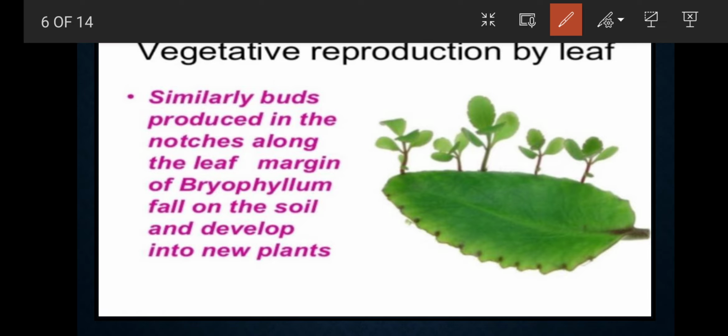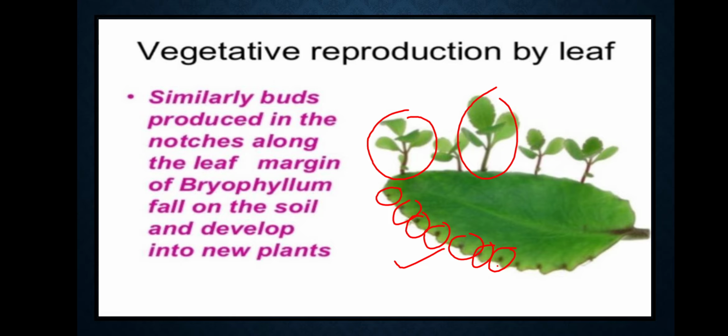As you can see very well, this is a leaf of a bryophyllum. Here on the linings of the leaf, you can see these are the notches where the nodes are present. From these nodes only, the new individual plant arises when this leaf comes in contact with the soil. Other than bryophyllum, begonia also develops through natural vegetative propagation.